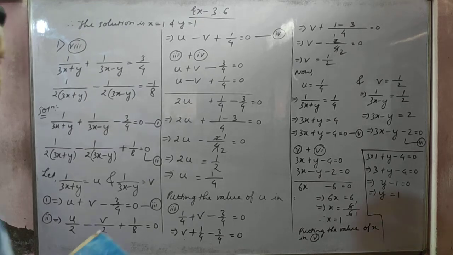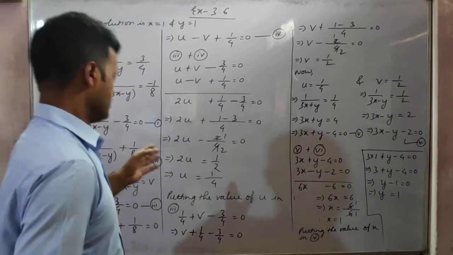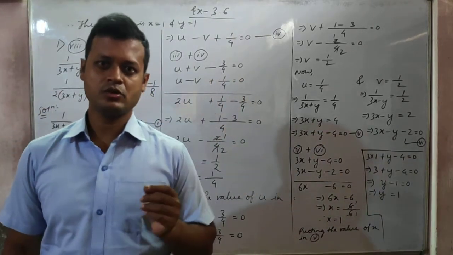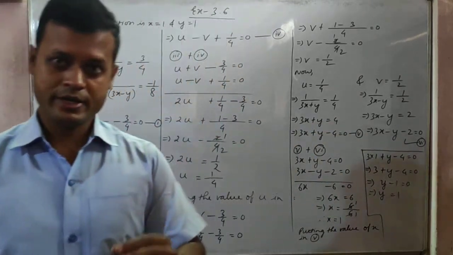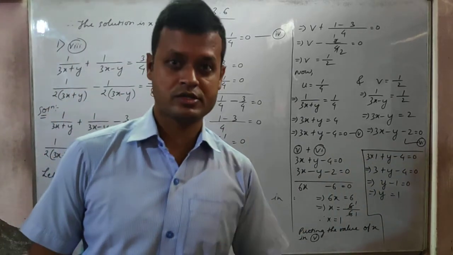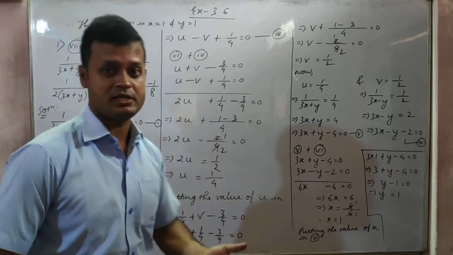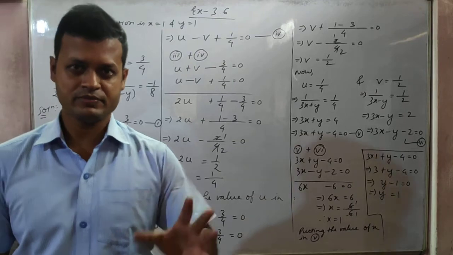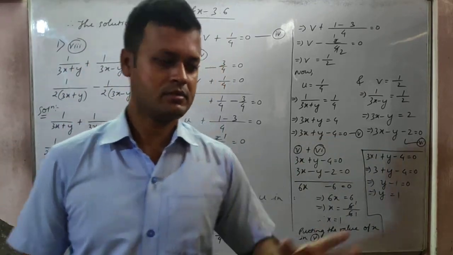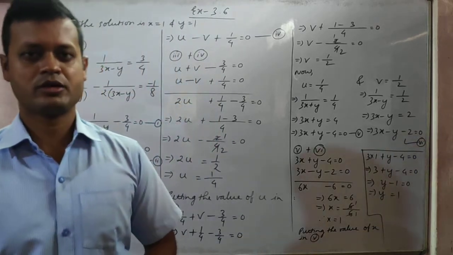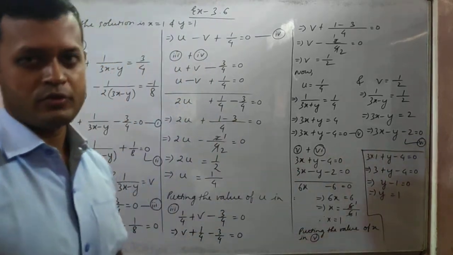So students, let us see this sum. Here your reducing is very necessary in this kind of sum. I did this sum just to give you an example where reducing is very important. The last two examples I gave you can be done without reducing also, but this will become very clumsy. You can solve this without reducing, but managing the terms and all will become difficult for you. It is better if you reduce it.